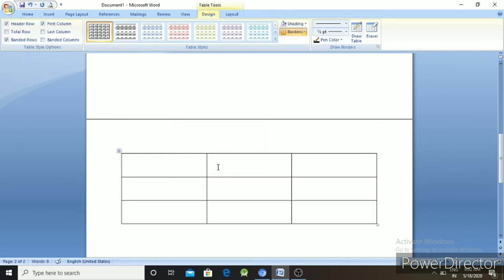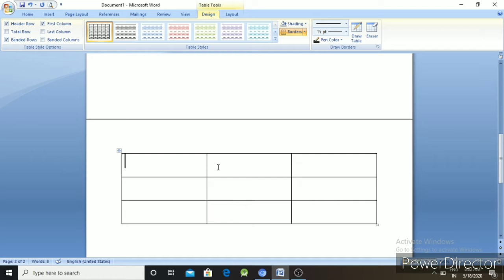Click on the OK button, then we get a table. So you create a table with as many rows and columns as you choose.